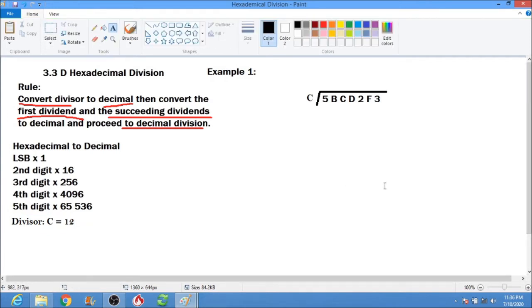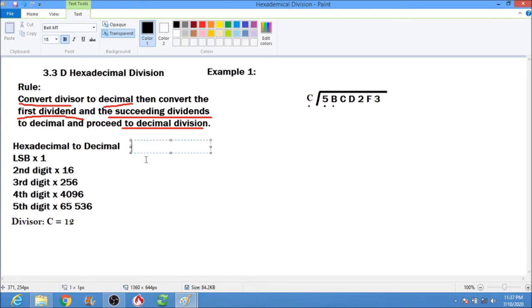Then, of course, 5 divided by C cannot be done. So our first dividend will be 5B. Converting 5B, the first dividend. 5B is equal to